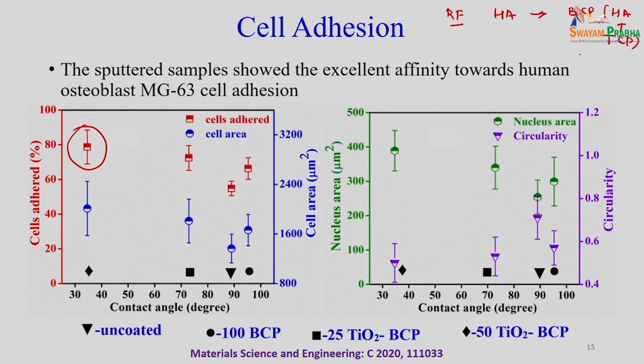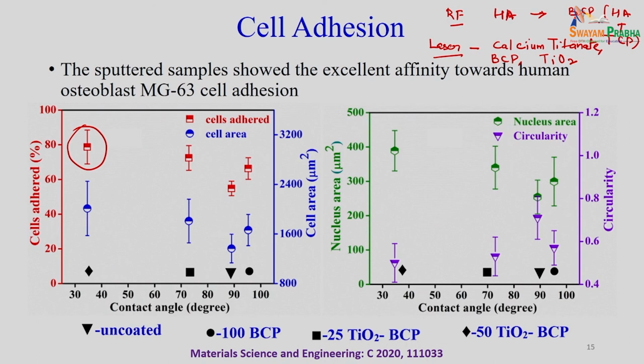And when we coated this using the laser cladding, it has more phases: it has the calcium titanate, apart from that it will have the BCP, and of course this titania phase will also be present, because in the laser cladding we also use the mixture of HA and the